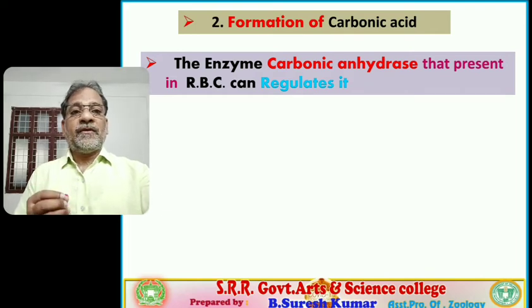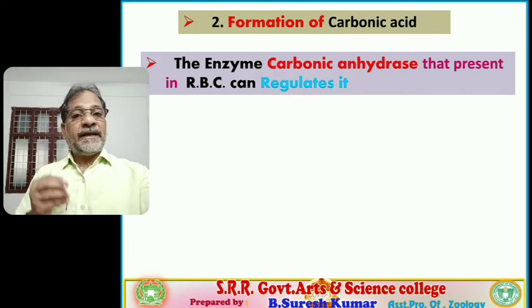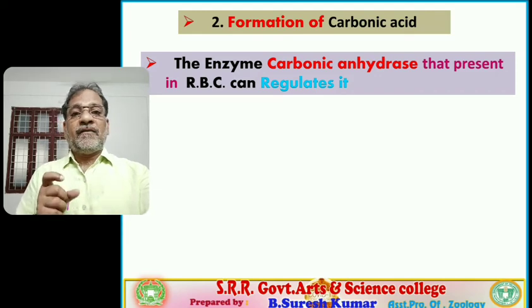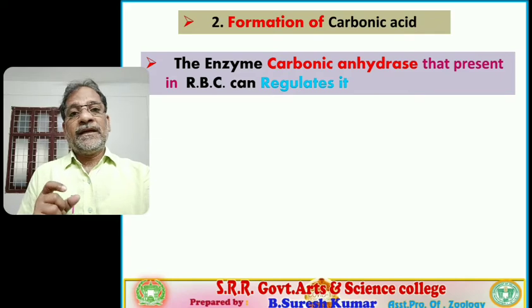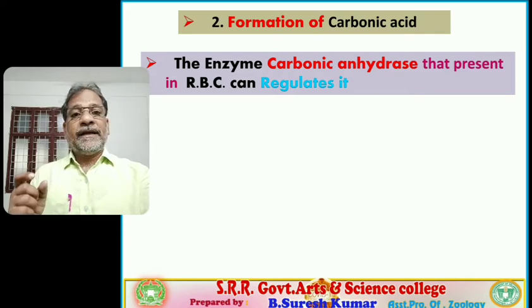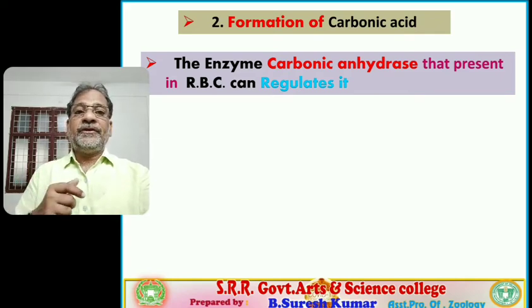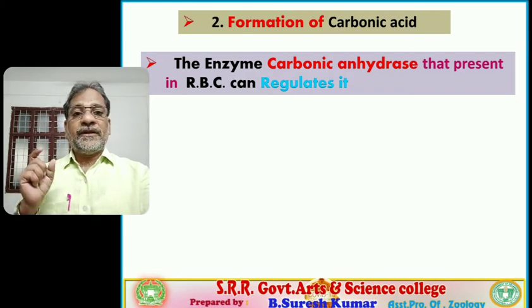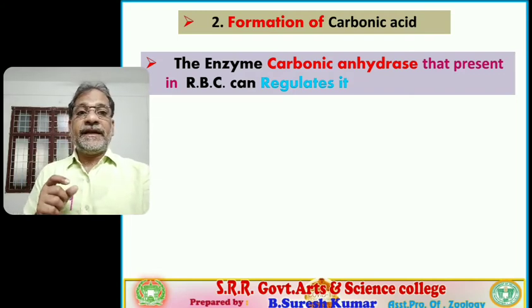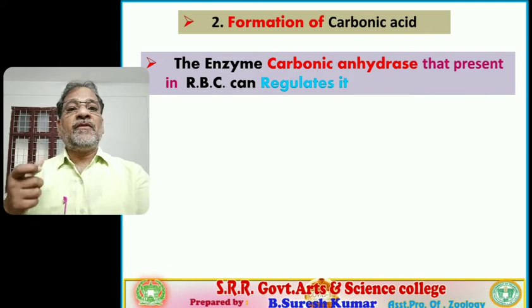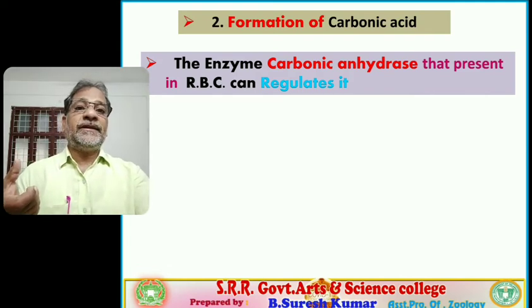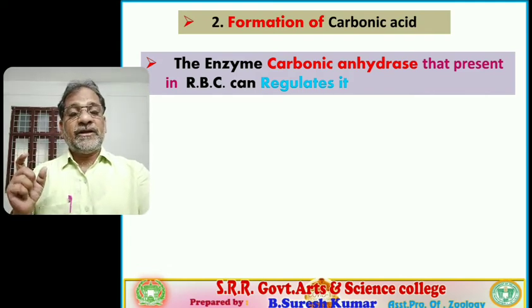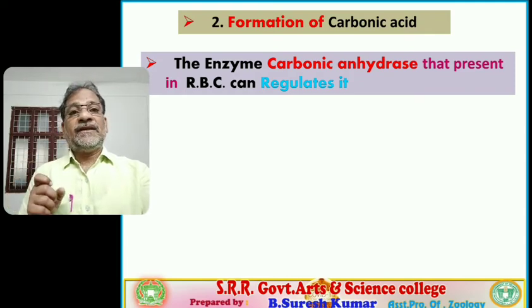The most carbonic anhydrase enzyme is present in the erythrocyte, with a little present in plasma. That's why in plasma too, as we learned, carbon dioxide combines with H2O and produces carbonic acid. A little bit is present there, but in the erythrocyte the major amount of carbonic anhydrase enzyme is present. Asked in entrance examinations, remember the enzyme name straight: carbonic anhydrase.